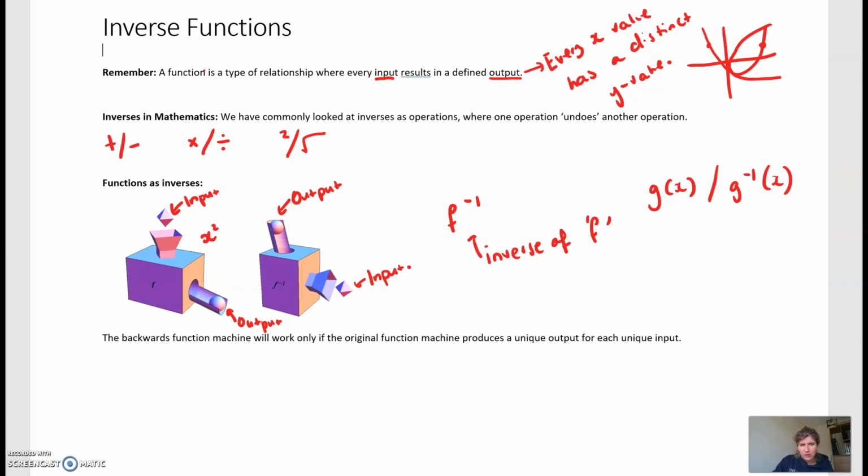And we know that with our x squared function, we could have an x value of -1, which would produce an output of 1, and an input of 1 would also produce an output of 1, where we're squaring both of those. So we're putting in -1 and we're putting in 1, and we're bringing 1 out again. All right, now if we turn that function machine upside down and we put in 1,